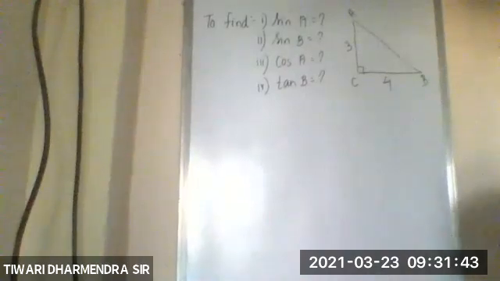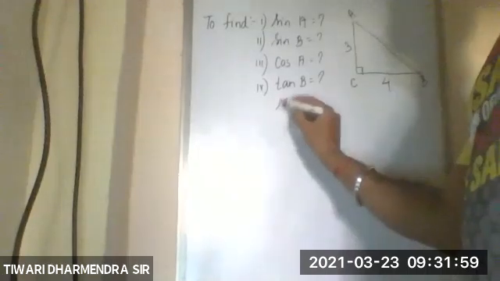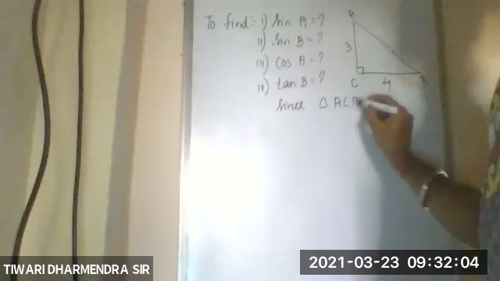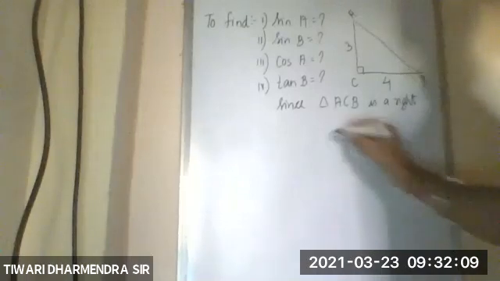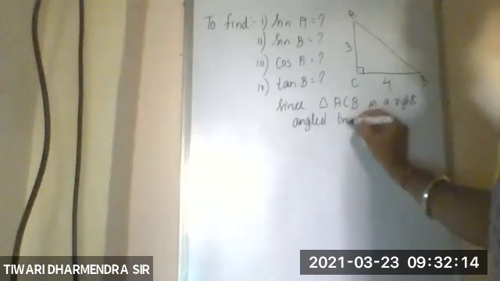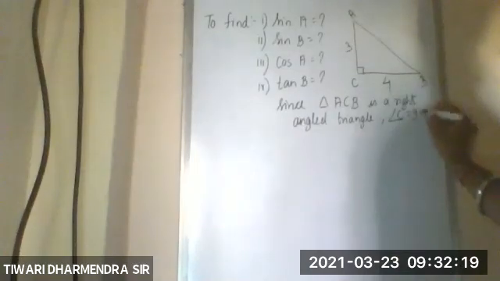Since it is a right angle triangle and we know two sides, the third side can be easily found, by using the Pythagoras theorem. So since triangle ACB is a right angle triangle with angle C equal to 90 degree,